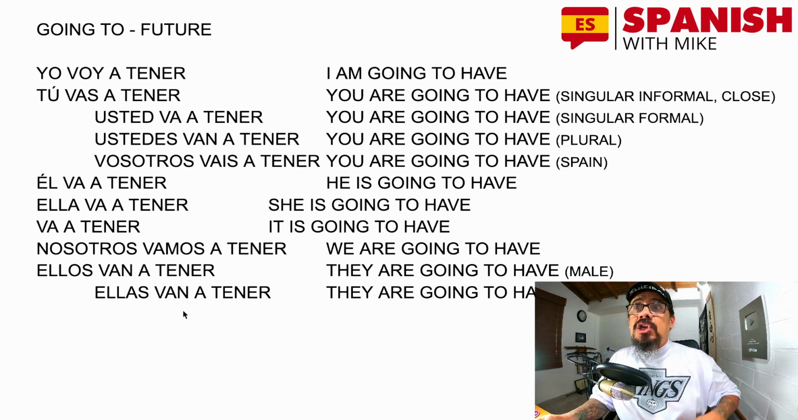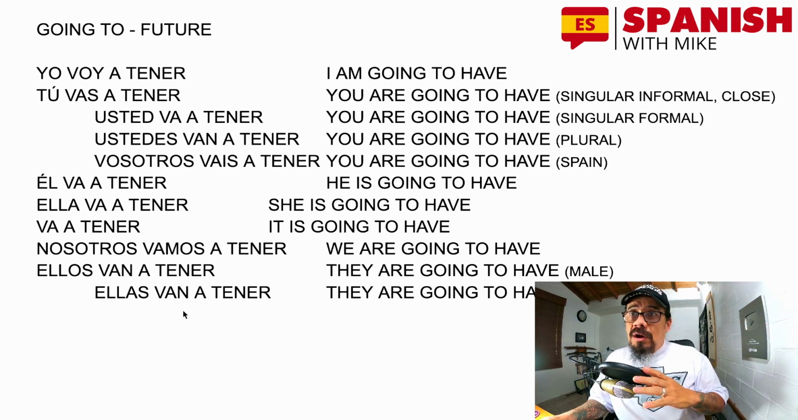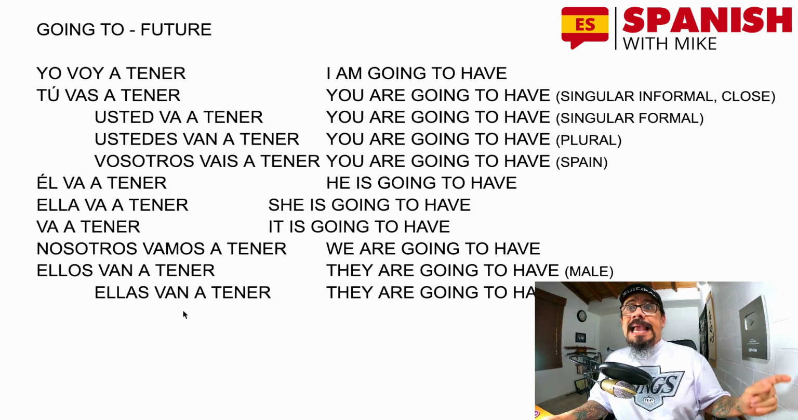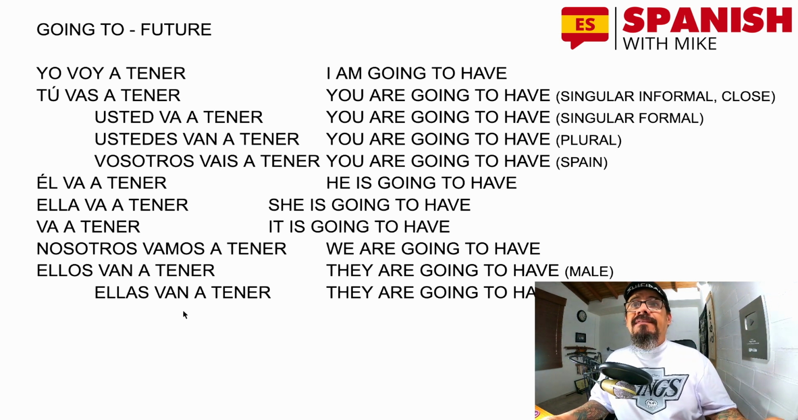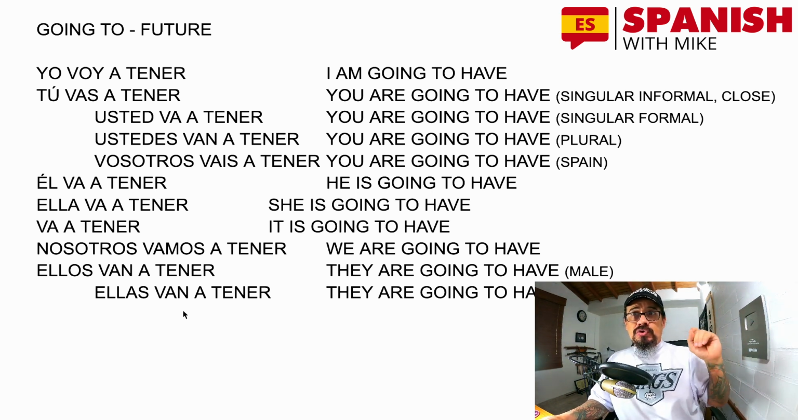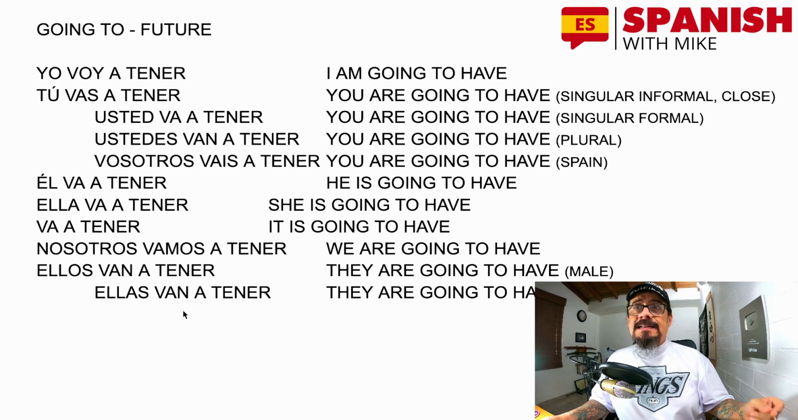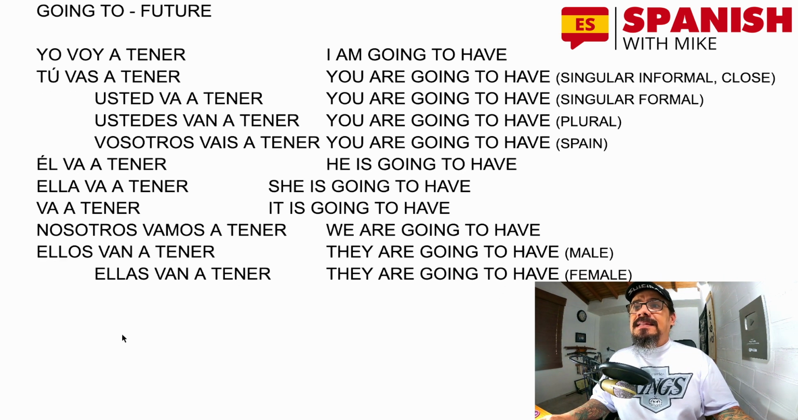Ustedes van a tener, you are going to have, for plural. Vosotros vais a tener, you are going to have, if we were living in Spain. Él va a tener, he's going to have. Ella va a tener, she's going to have. Va a tener, it is going to have. Nosotros vamos a tener, we are going to have. Ellos van a tener, they are going to have. And ellas van a tener the same, they are going to have, for female. So, ellas van a tener